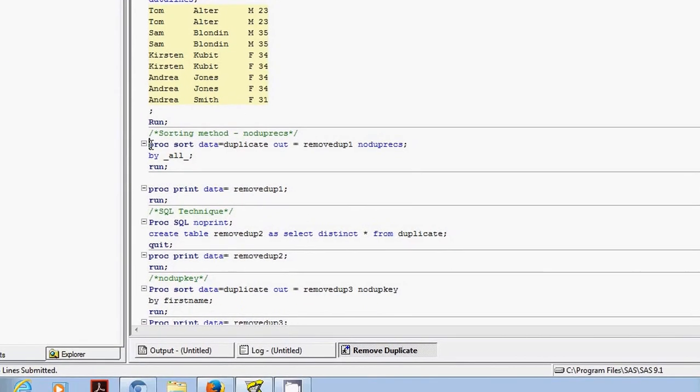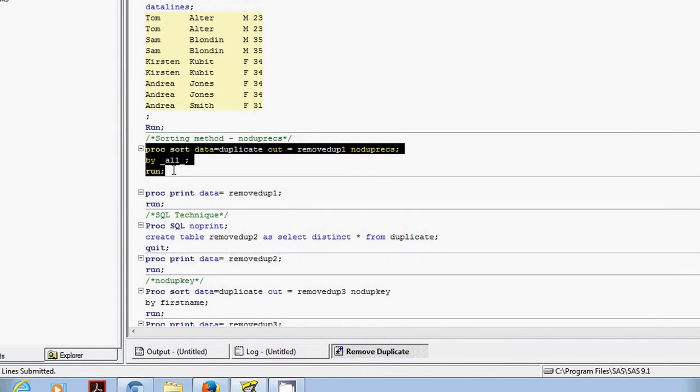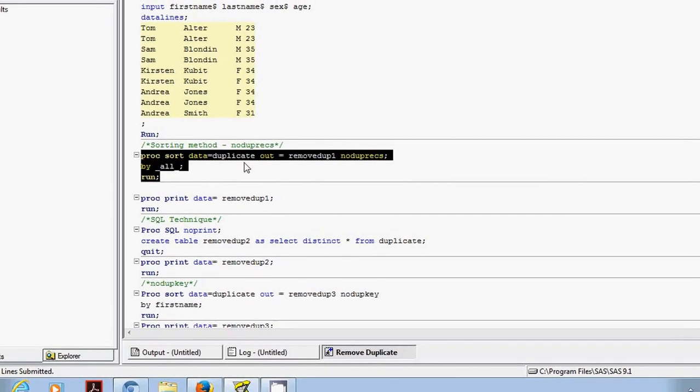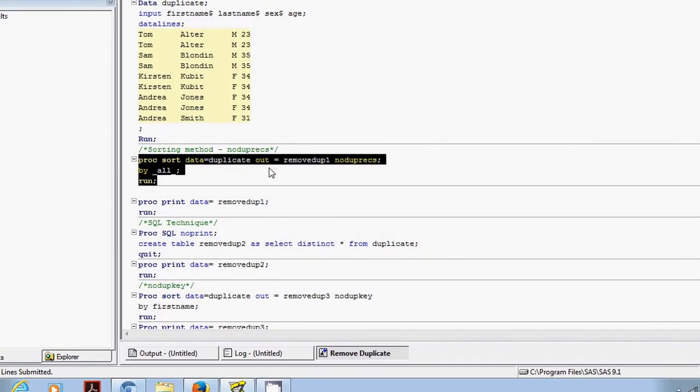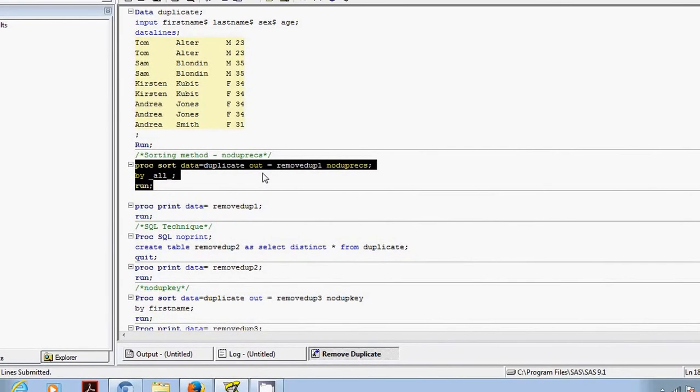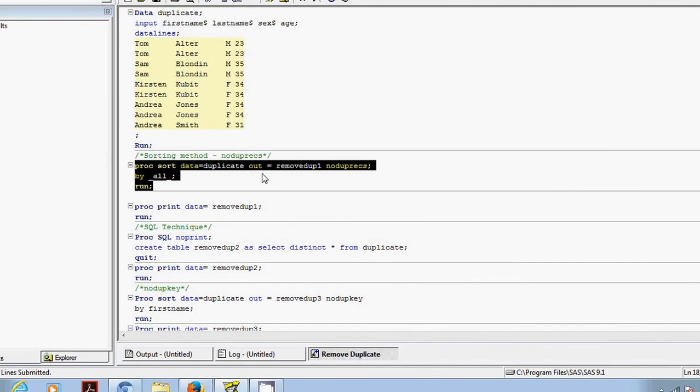Then I'll be using the first technique, proc sort data equals duplicate, which is this dataset. We'll be using the out statement, and it would create a new dataset, remove duplicate.